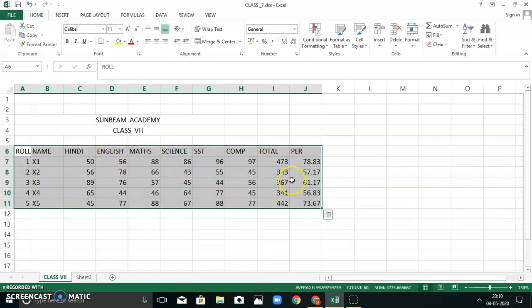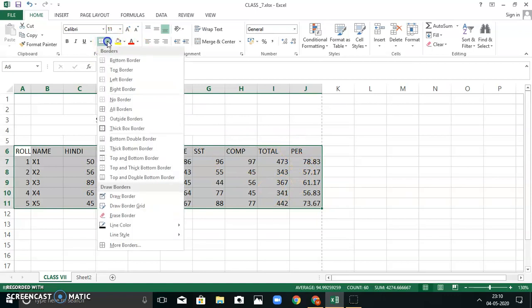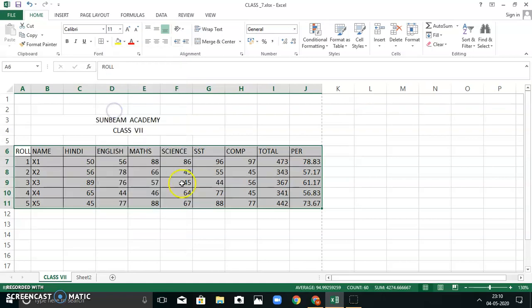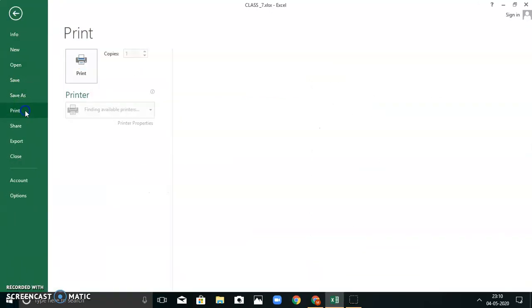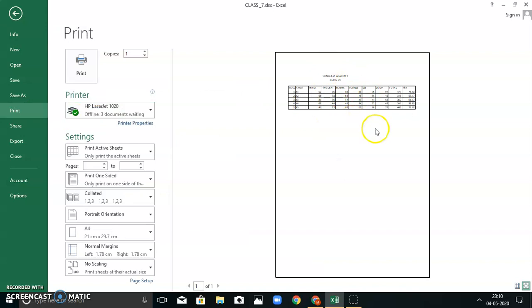I have selected these all. I need it in tabular form, isn't it? So select it. Now in the font group, go here and select the border, all borders I need. Now the table has come. File and then print. Now you can see the table has come, the lines have come.